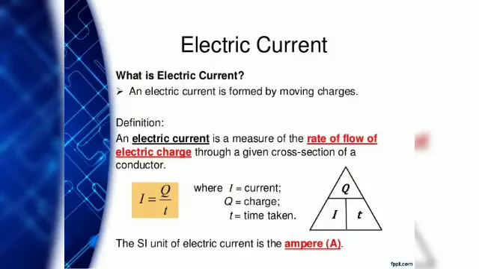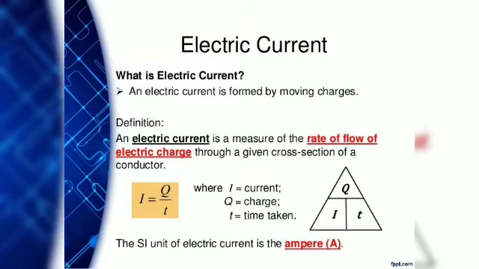Flow of electrons. After that, electric current is there. Now we have studied wind currents and ocean currents. It means whenever the winds are flowing, current is there. Similarly, when charges are flowing, the current is there. This is known as electric current. So electric current is formed by moving charges.